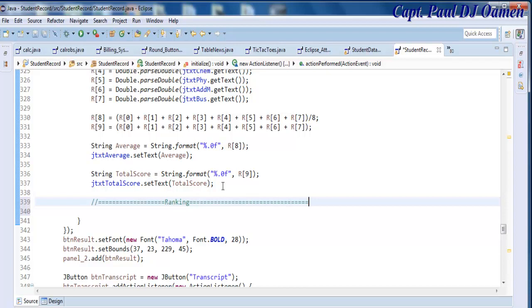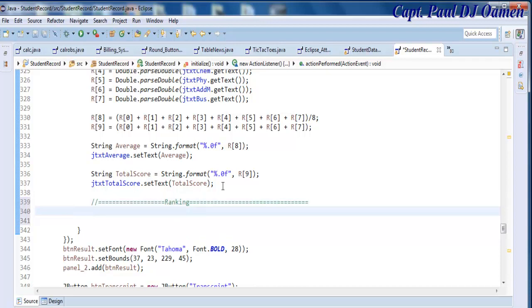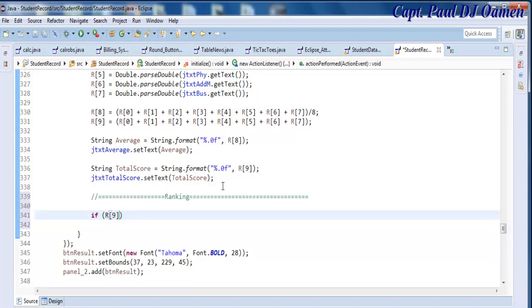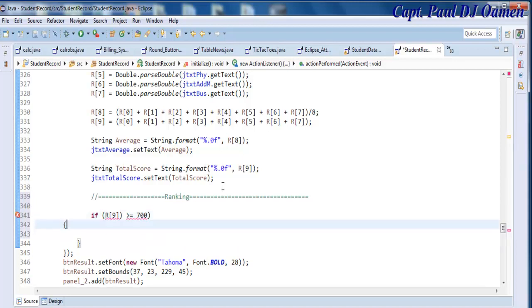Okay, broken line with a ranking, and there the first ranking is going to be as an if R9, if R9 is greater than and equals to 700, there,